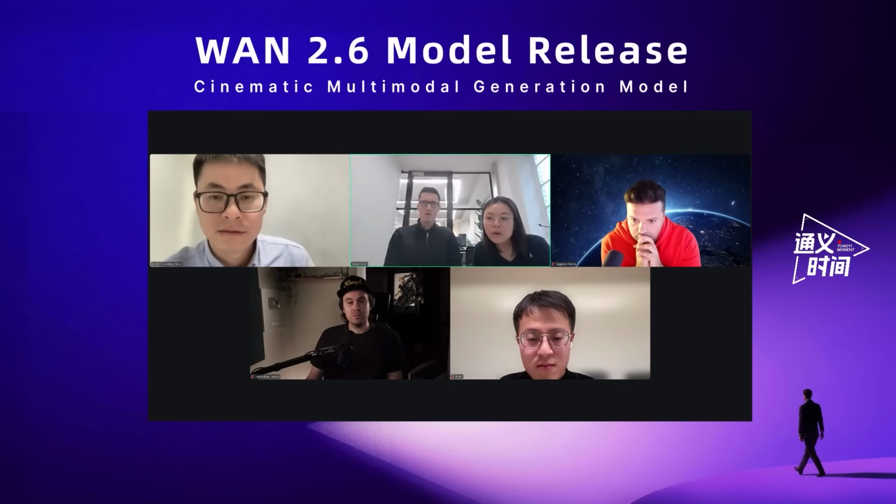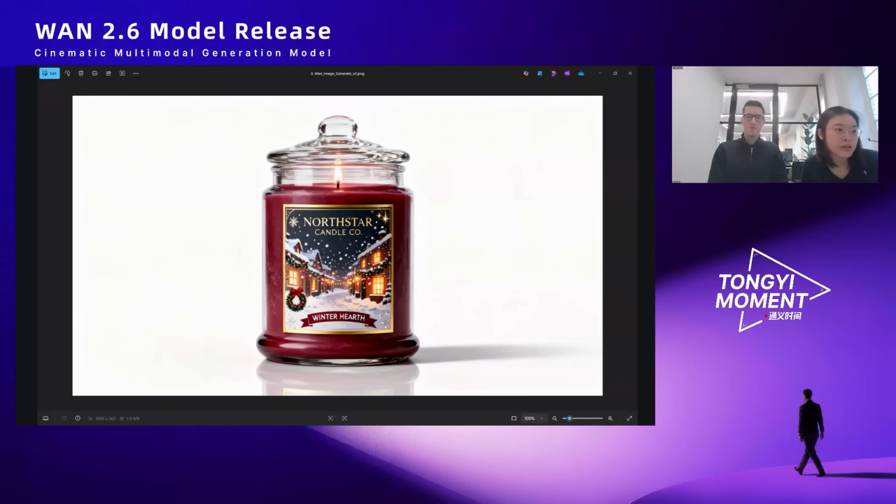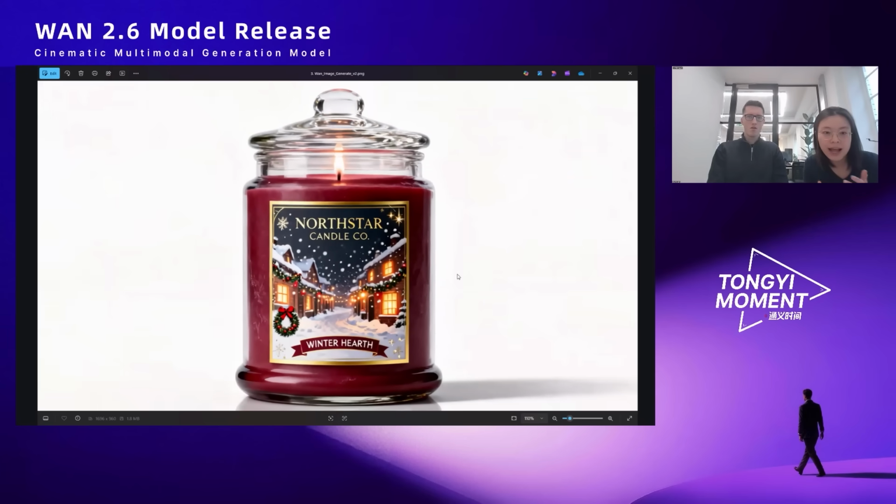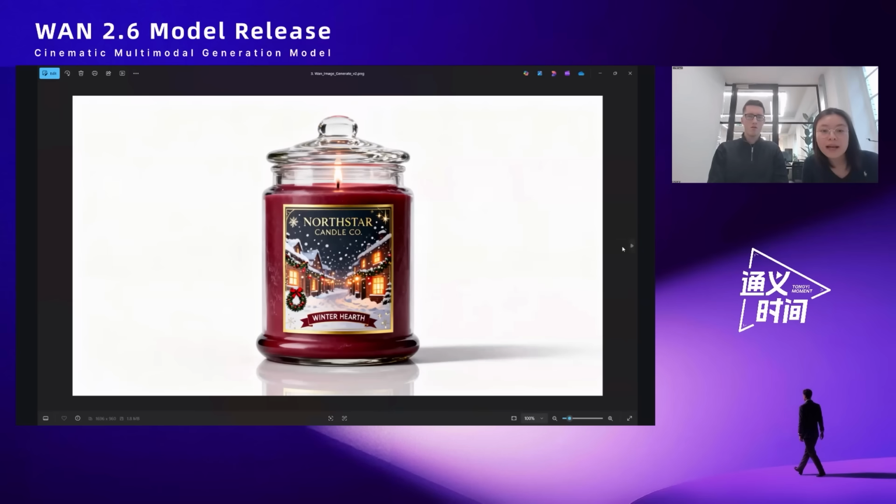Those are some very quick tests using the image generation model here, because we're mainly working with brands and with product customers. That's why we want to test Wan's image generation model's capabilities on text, integrating text and images. So we used a few product images we have. Overall, we're quite happy with the results. We found that Wan can actually render text quite accurately, together with a very high quality visual. So we think there can be some use case for product ads as well.